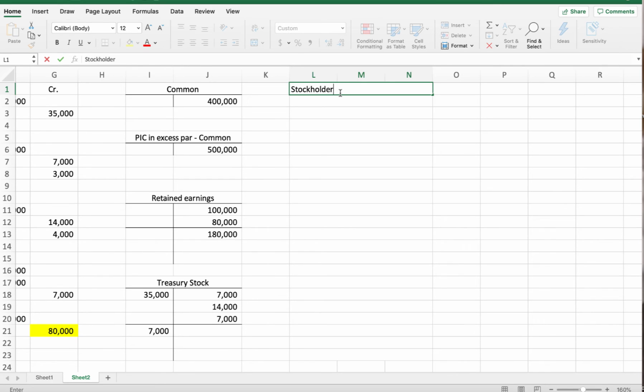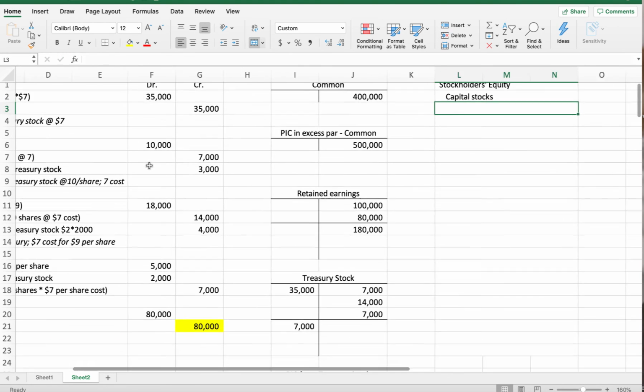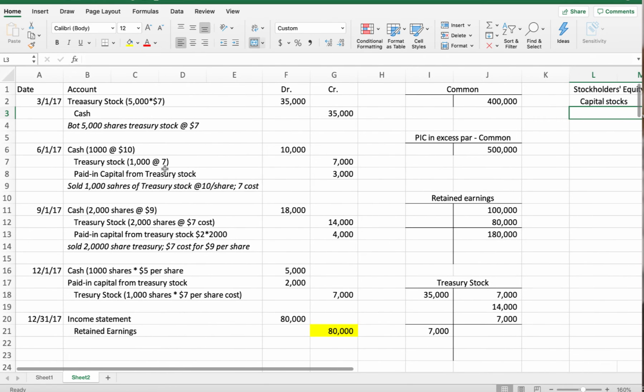Stockholders' equity. Okay, come down one. I want you to indent once, and we're going to list our capital stocks. But you might say, well, wait a minute, we didn't hit our capital stock accounts in all our journal entries. That's true. But we need to take all the information they give us, start from the beginning, and then chronologically